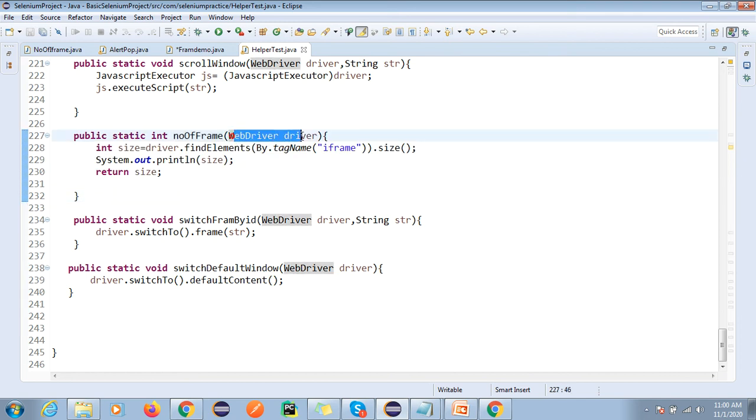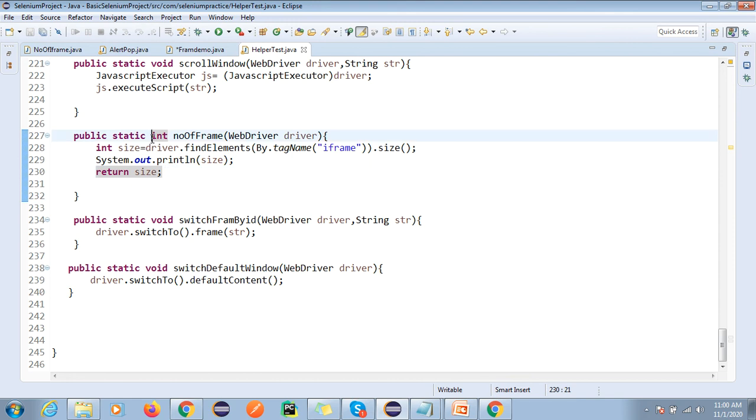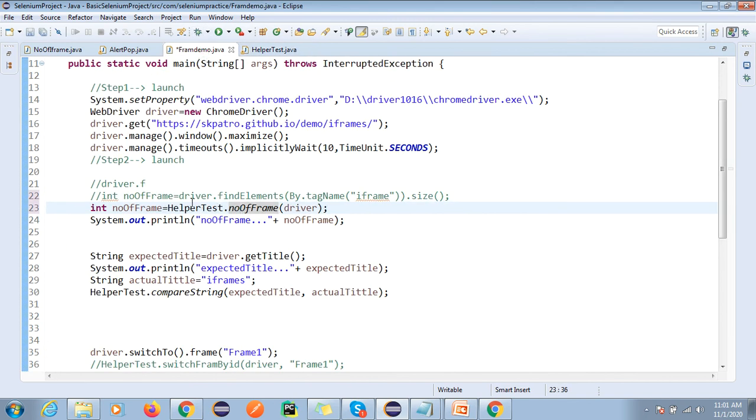You can see I have done the same steps here: giving the driver, local driver, and all the steps, just copy-paste here and return the size, because we have to store this value somewhere, right? Then you have to give the return type, what you are returning, size. Understood, right? If you understand the basics, then you can understand the functionality, not a big deal. This is what I have created. So what I can do is just print this. Got it, right? You should not write this line of code. Simply call this method and we can use it.